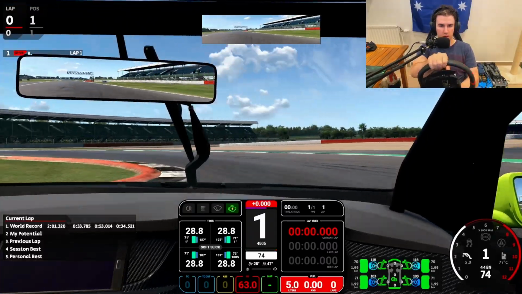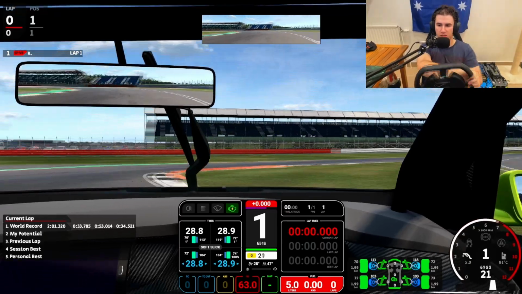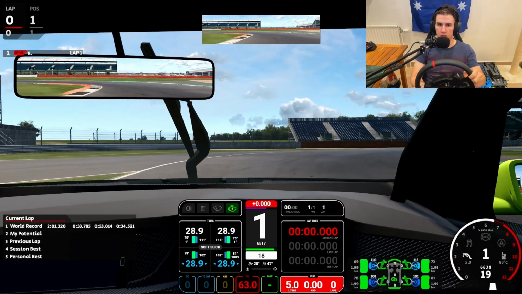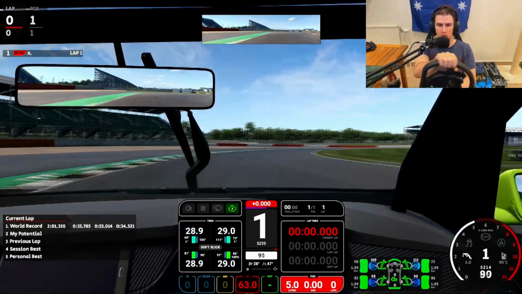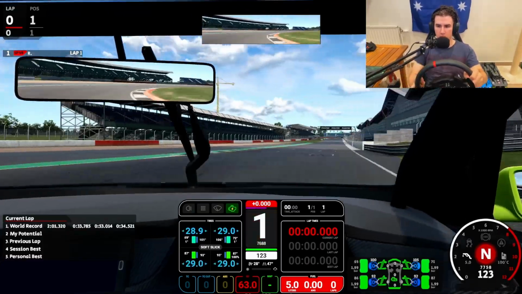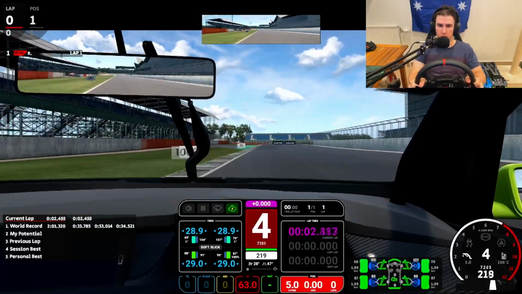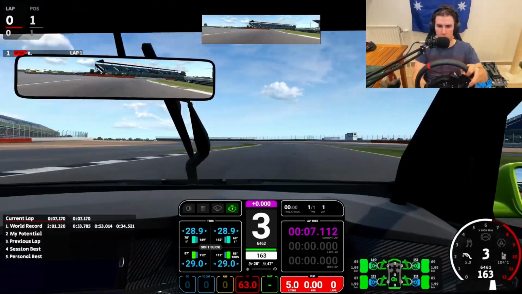So now we are in the sim, or the game, and as you can instantly see, I spun. It's very prone to spinning, and there is a valid reason for that. If you didn't know, it is due to them having a locked rear differential. And if you don't know what that is, well,